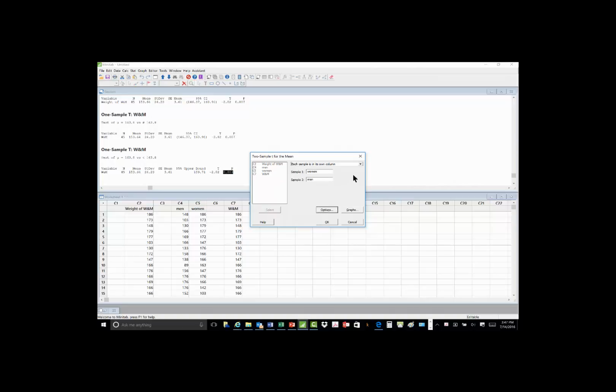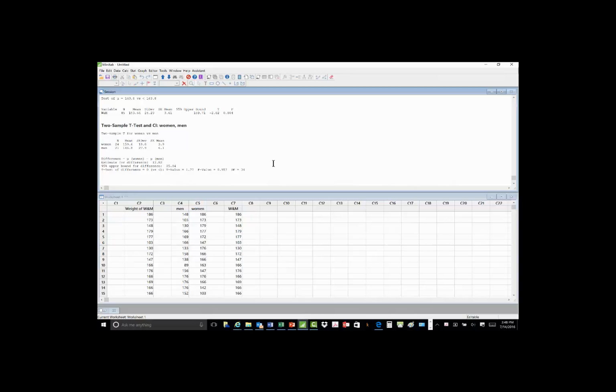And then I want options, and I want the hypothesized difference to be less, or the difference to be less than the hypothesized difference. And the hypothesized difference is going to be 0. I give it my confidence level, 95%, or that's an alpha of 0.05. 1 minus 0.05 is 95%. Hit OK. And then I hit OK here, and I generate